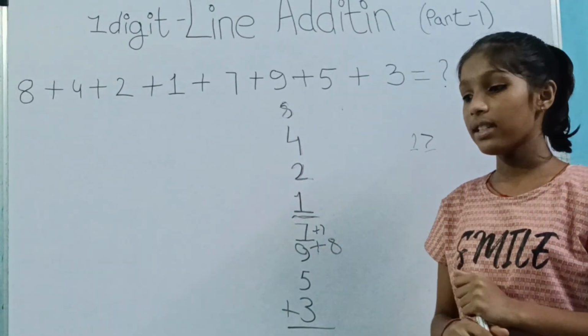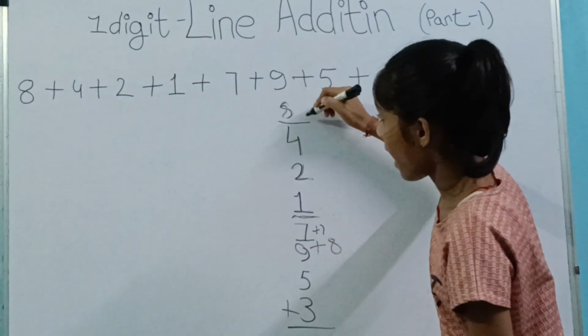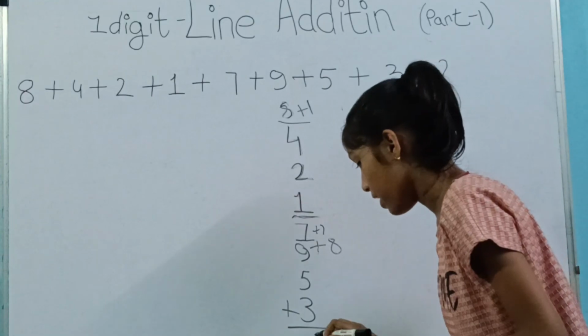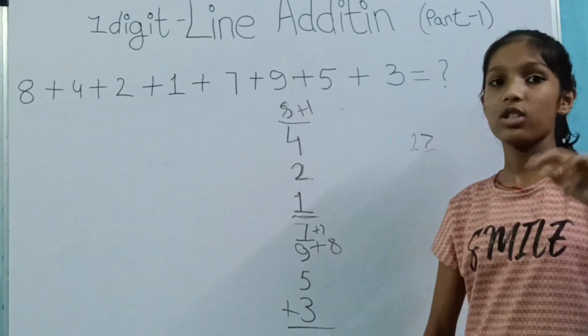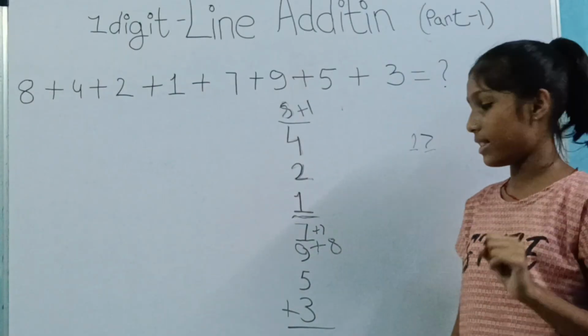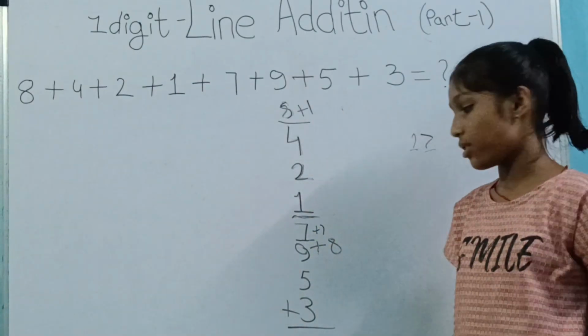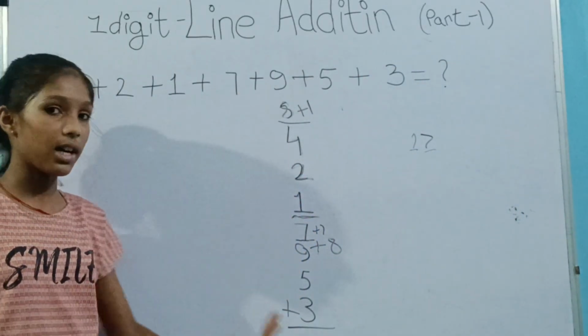Now if we check, 11 is bigger than 10, by 1. So we'll make a line and add 1 here. So here it is 9. Now we'll write 9 in the ones place. But this 9 can't be the answer for this big question. It has to be 2-digit. Now we'll count the lines. How many lines are there? 1, 2, 3. There are 3 lines. So the answer is 39. So the answer for this question was 39.